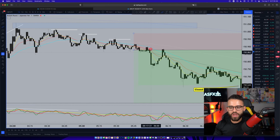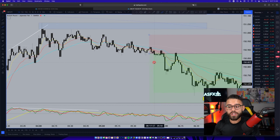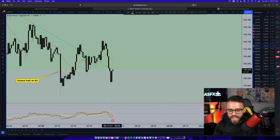So those two things told me, okay, if it does either one of those, it comes higher or it pulls the market sentiment line into the buy zone, I'm not going to want to sell it. But what did it do? It continued to make lower highs, as you can see, and it continued to hold the market sentiment line in the sell zone. Even up to this point, it's just peaked into the buy zone a few minutes ago,